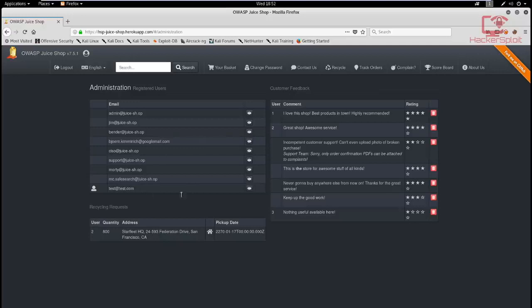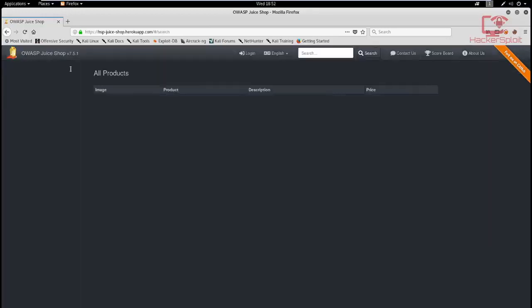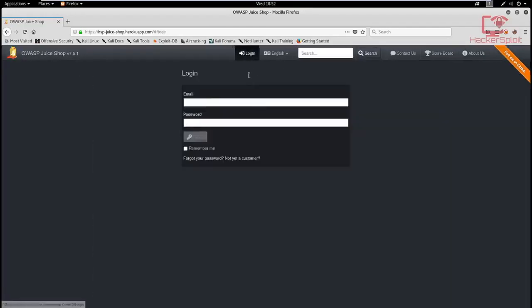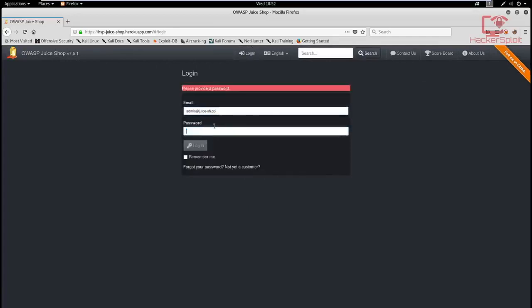So yeah, all right. So we got the registered users, customer feedback, and the recycling requests that have been posted so far, which means we're starting from the basics. So I think we can try and log in with admin, but we don't know the password. So I'm just going to log out, and let's see if we can log in with the password here, admin@Juice Shop, and I'm probably guessing we have to use SQL injection, and in this case I think I